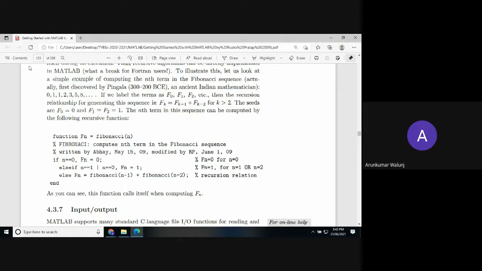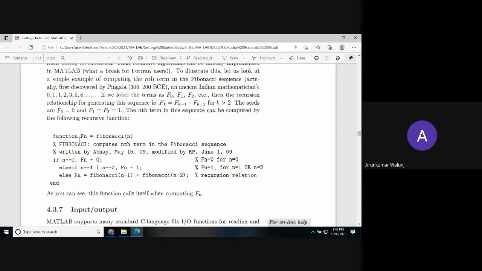Say the first term is F0, Fibonacci 0. F1 is 1, and F2 is also going to be 1 because 0 plus 1 is 1. The next term is 1 plus 1, which is 2. The fourth term is 1 plus 2, that is 3. 2 plus 3 is 5. 5 plus 3 is 8. 8 plus 5 is 13, and so on and so forth. And therefore we want to label because we want to repeat this process time and again.